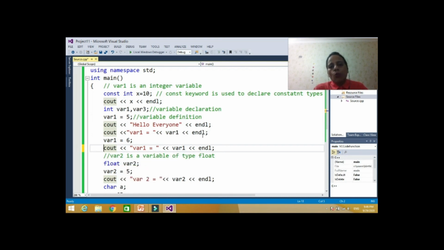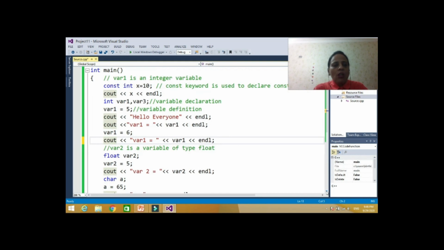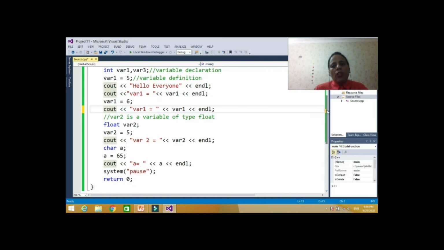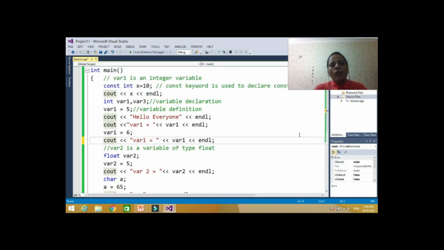So here in this program, what we see is how we can declare the variables, how we can give the value to those variables, and how we can print them. Now my question is, is it useful if we declare a variable and give value here only? No. Sometimes, for example, I want to write a program of adding two numbers. If we fix the numbers, every time it will give us the same result. Then what is the meaning of writing this program? There is no need to write this program on computer if it is fixed for two numbers.